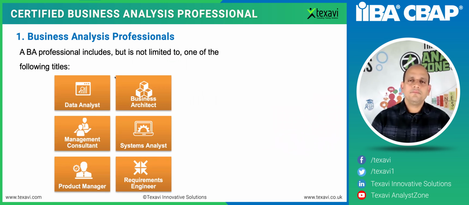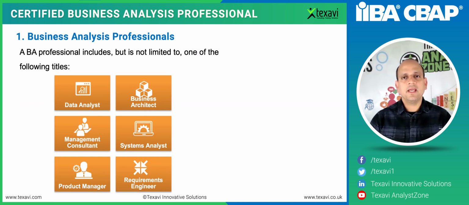What does the BA professional, or business analyst, according to the BABOK, mean? It means that we as business analysts are supposed to look at different aspects of the problems, the solution domain, the different types of potential ways of working with the problem space and the solution space. So that would mean we need to cover the data aspect, the business, the management of it, the strategic aspect of it, the system side, the technology, and then the product, looking at the whole of the life cycle as a product development.